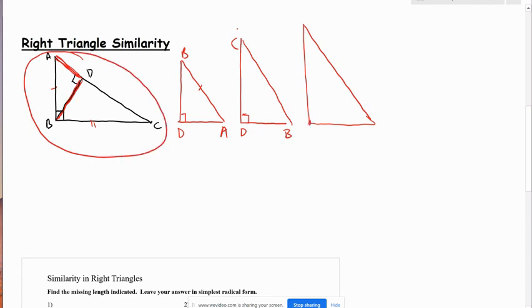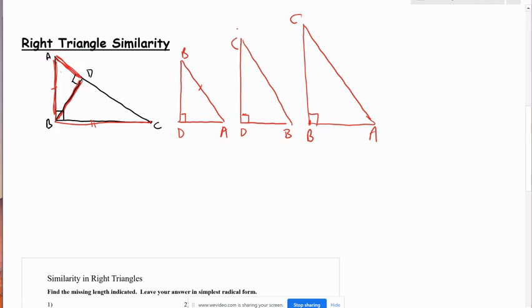Our right angle for the biggest triangle is at B, and the short leg goes from B to A, and the long leg goes from B to C, and there we get the hypotenuse that goes from A to C. Okay, so now we have all three triangles drawn, and to show that they're similar, I want to point out